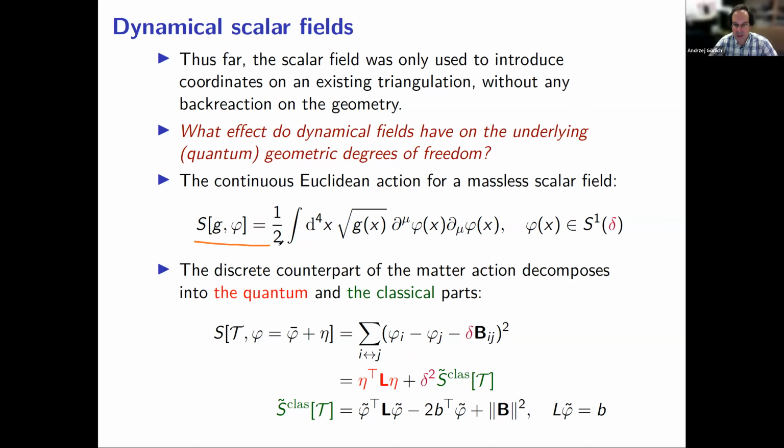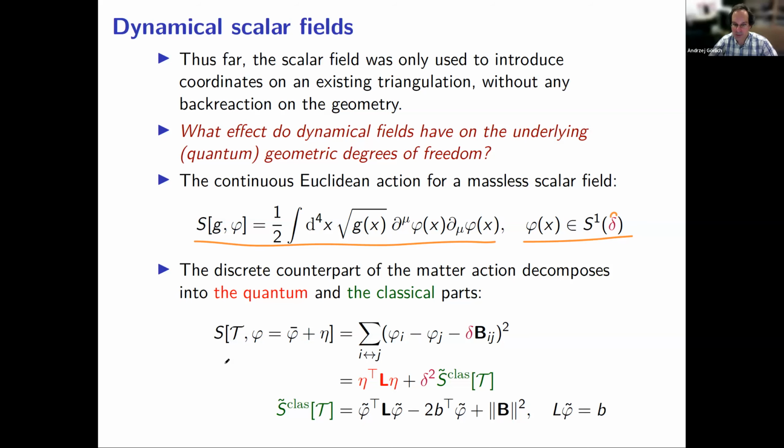So we take the same action. We require that the target space is an S1, that the circumference of the target space is delta, and that each scalar field winds exactly once in the respective direction. Previously, the circumference was not important because the classical solution just scales with delta. But now delta is important. If you take large delta, you're stretching the field more, and the classical solution will be more important.